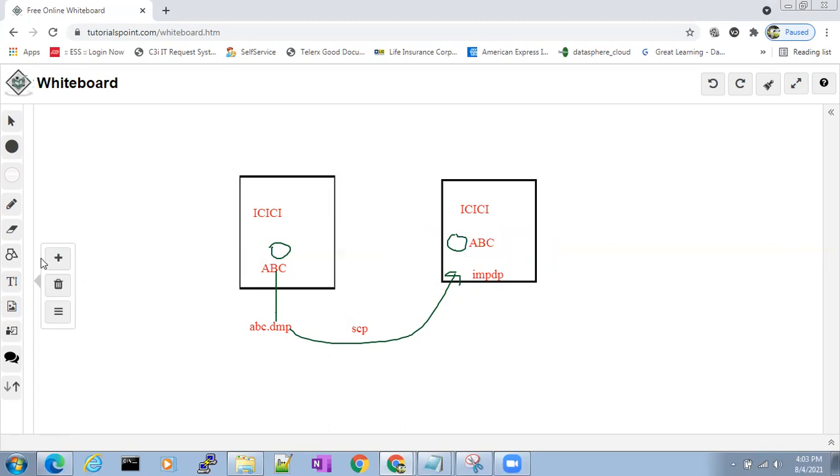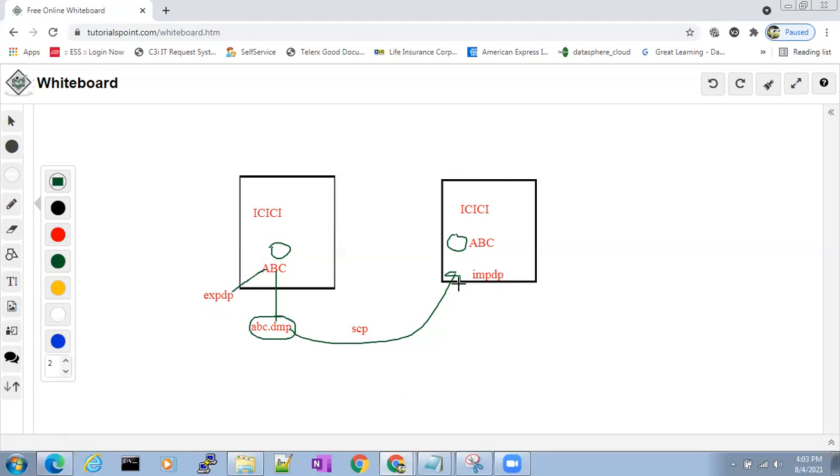So what are we doing? It's very simple. Listen carefully. We have taken the export of the ABC user in a dump file.